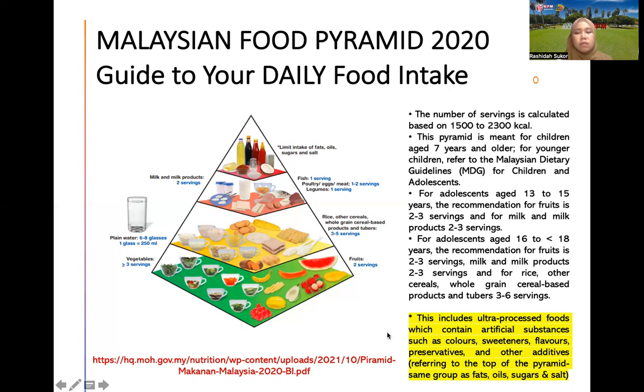3 to 6 servings. Banyak juga for adolescents, remaja yang 16 to 18, they need energy, right? The one that is star, this one star, okay? MOH also includes this as a guideline, okay? We should also limit our intake of ultra-processed food, which contains artificial substances such as colors, sweeteners, flavors, preservatives, and other additives. Okay,